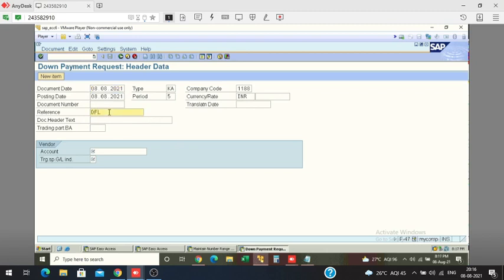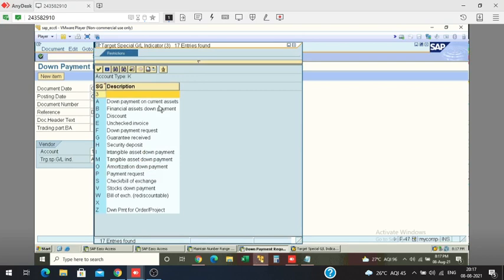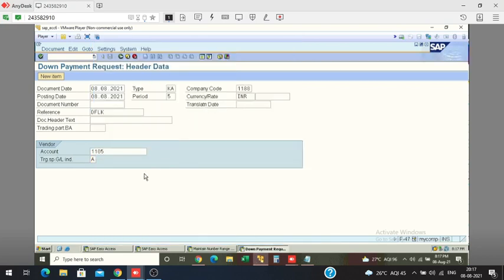Vendor account 1105. I told you special GL is A only. A means down payment current asset. Press enter.